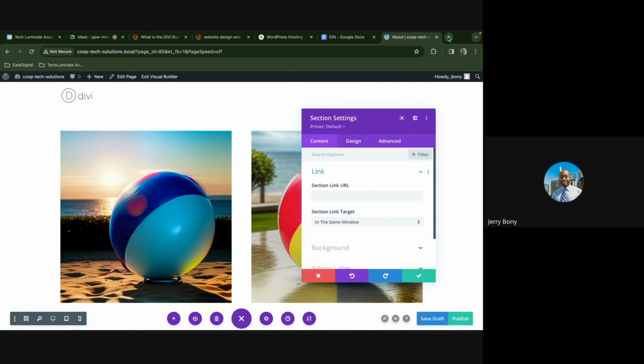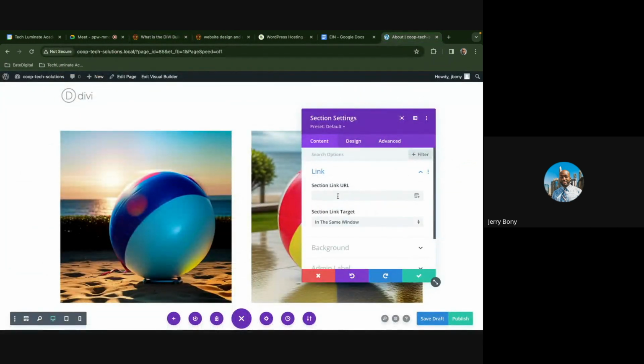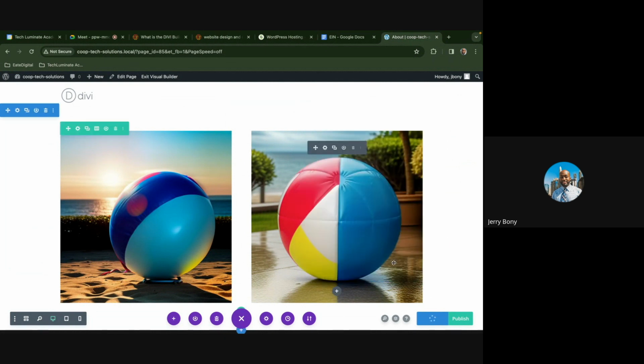Okay, so what I'll do, I'll link to this right here. I'm gonna add a link right here, and I'm gonna put that right there, and then I'm gonna keep the link target, which is what it's called, in the same window. So if I click this, save draft, exit the visual builder,